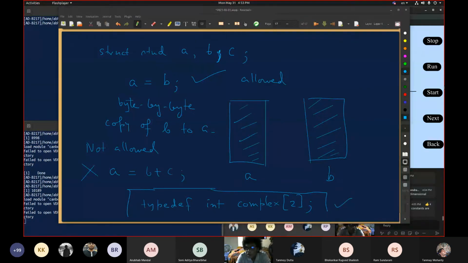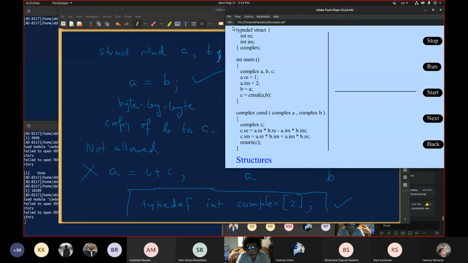But anyway, here what I have done, I have actually made a homogeneous collection in a heterogeneous format, having two parts, real and imaginary, and I'm calling that structure complex. I am not using any tag here, because I can anyway access variables of the structure type as complex. Okay, and let's see what happens